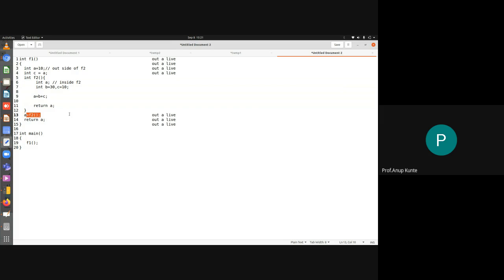So what is happening here is called the execution trace. This is called the execution trace. So the execution trace goes like this. I start with line number 1, 2, 3, 4, 5, 6, 7, 8, 9, 10, 11, 12, 13. Then back to 5, 6, 7, 8, 9, 10, 11, 12. Again 13, then 14, 15. This is the way this program is going to get